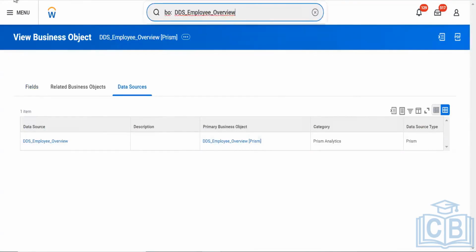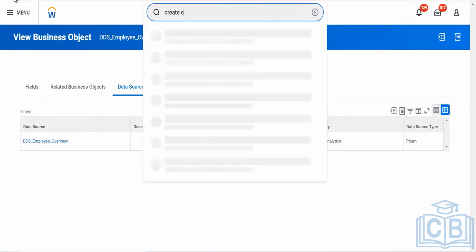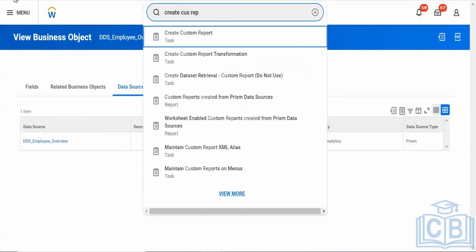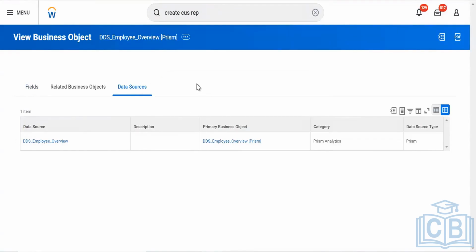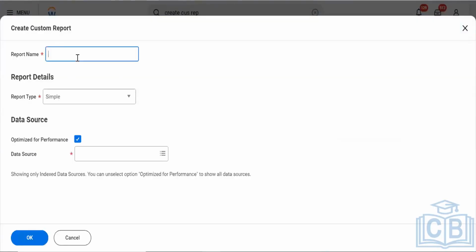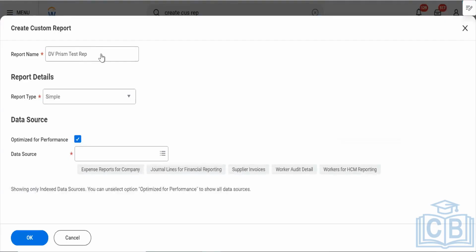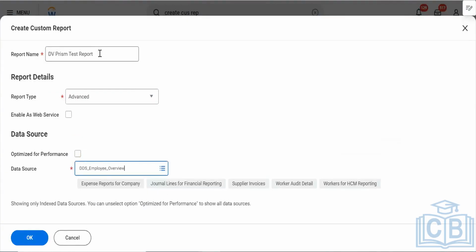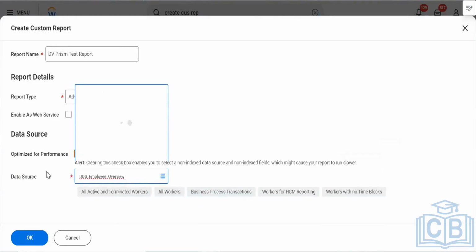Now if I want to create a report, let's say I will create a custom report, the tourism test report. When I search in the data source, it will be available for the data source.